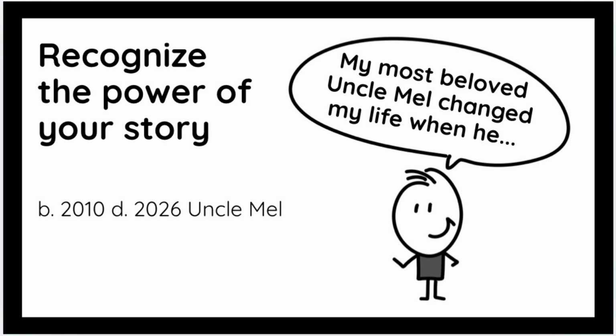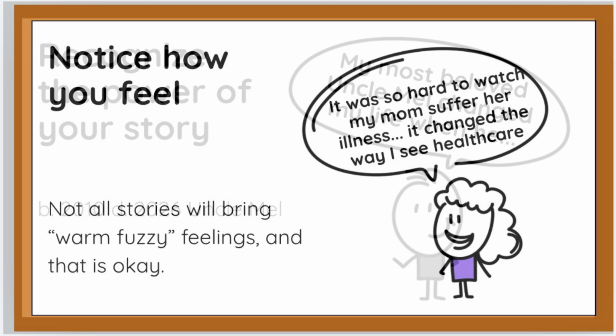If I use the example of my uncle, I had my most beloved uncle, and his name was Mel. He changed my life when he sat down with me and had a conversation about finances. What is important to me? How do I change my life trajectory? How do I change what it was in my family that said you need to work and work and work, but you don't save? He changed that generationally, and I get to change that too because my uncle showed me a different path. I want to be that person who can change the path of my children as well.